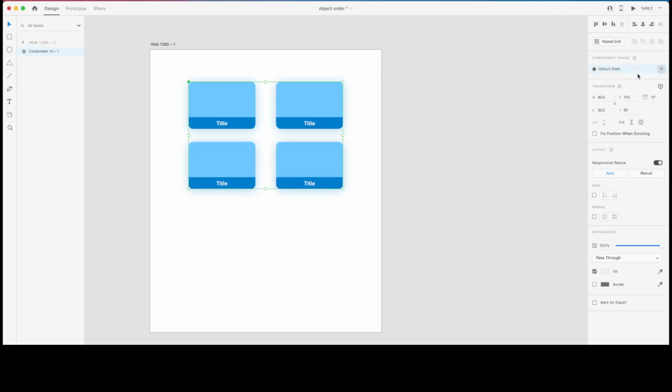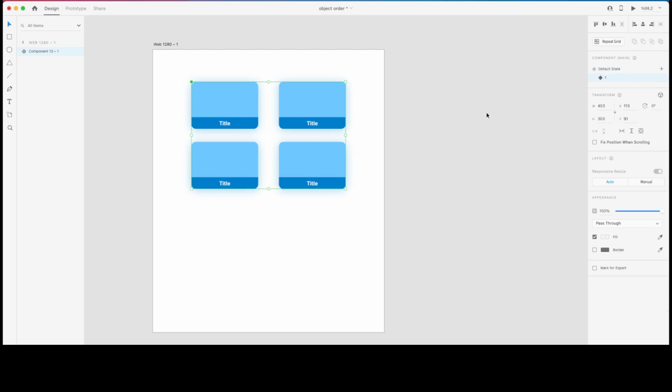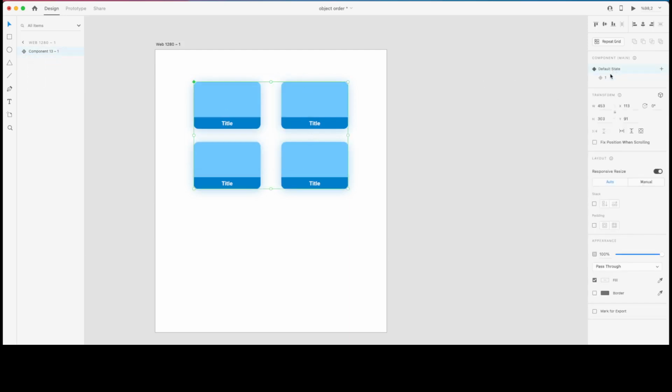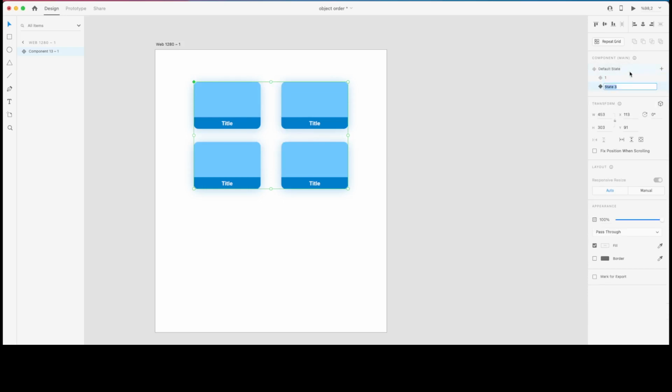And I'm gonna add a new state, which is going to be 1. In this 1 state, I'm going to make this first thumbnail bigger, and since it is at the very top of my layer stack, it is naturally going to be at the top. So in first state it's gonna be like this, and I'm gonna add another state